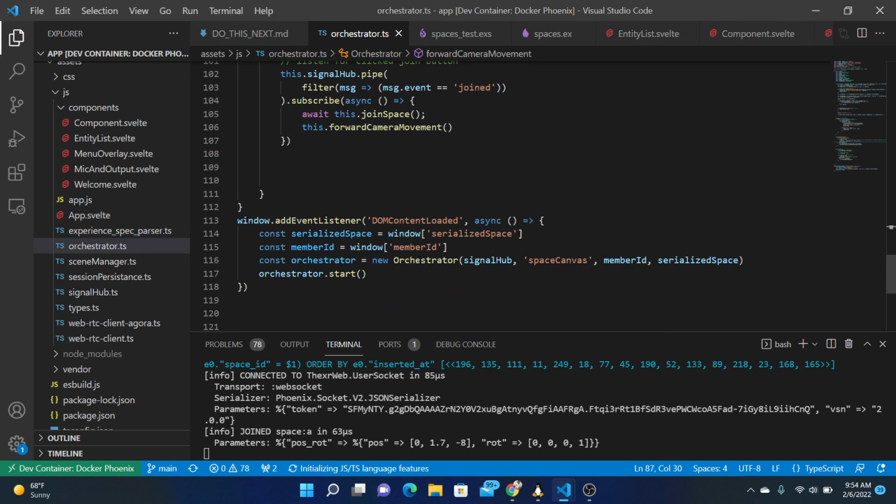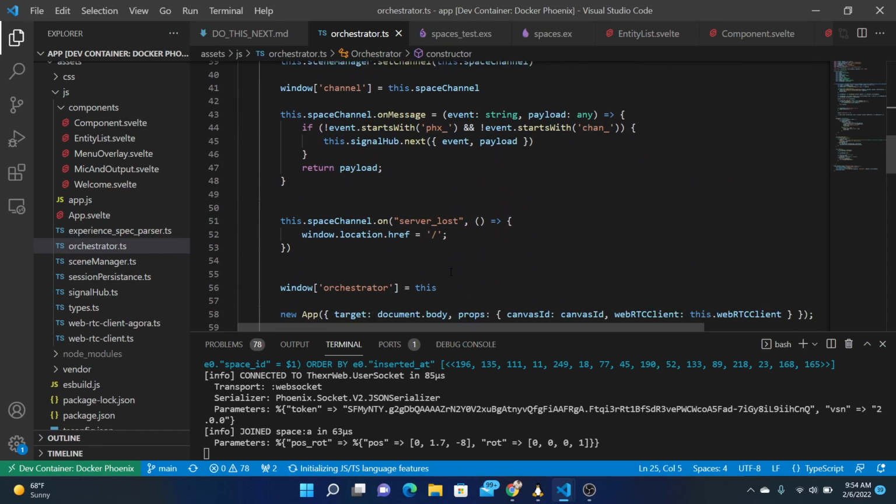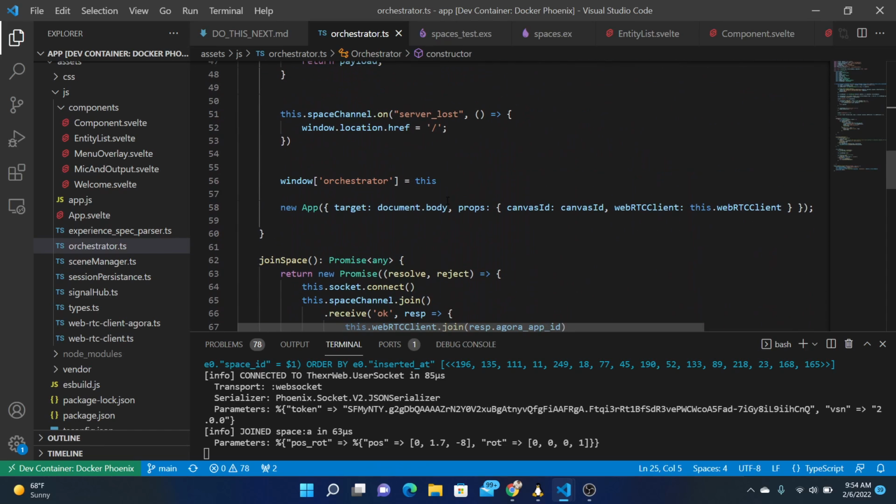We are creating the orchestrator, and the orchestrator is creating the app. It passed in the WebRTC client. It could just as easily pass in the space channel. However, on the Svelte side, once the app had it, we would need to also pass it through the layers, unless we abstract channel outside of orchestrator, and